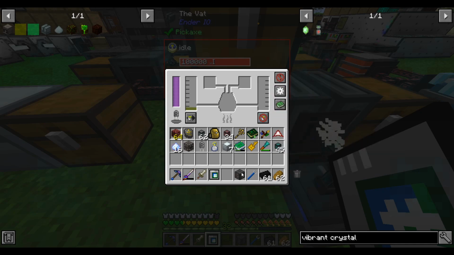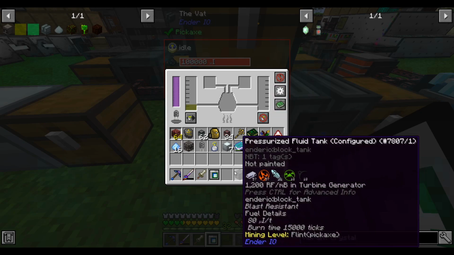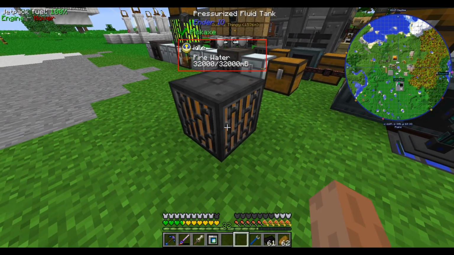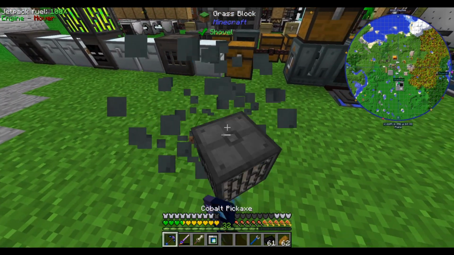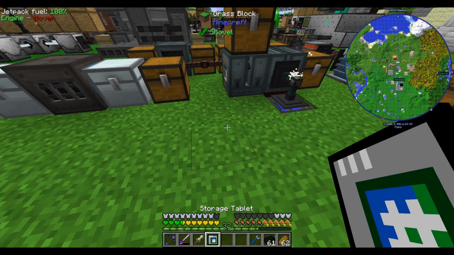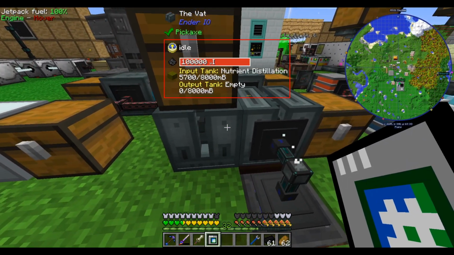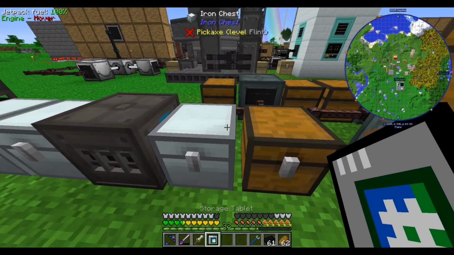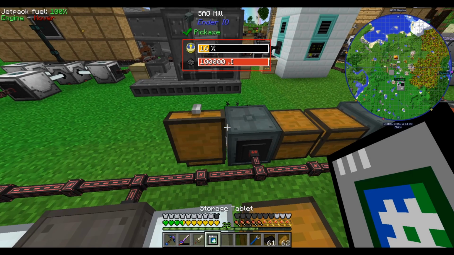Empty that out. Earlier, the vat has produced a... is this a full tank? Yeah, a full tank of firewater. So if I need any more firewater, I have a bunch of it waiting for me for later. But I've switched our vats back to nutrient distillation production. So once these are done...